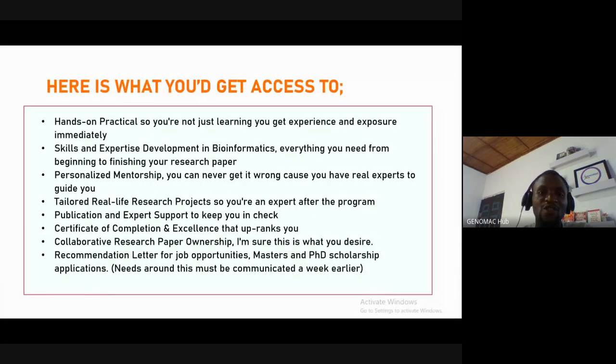So here is what you get access to. You get access to hands-on practicals. So you're not just learning, you get experience and exposure immediately. This is a kind of project-based learning. You are learning while carrying out research projects. So it's a kind of killing two birds with one stone. In the same course of the internship program, you are gaining essential skills to make you a researcher in your field of study,